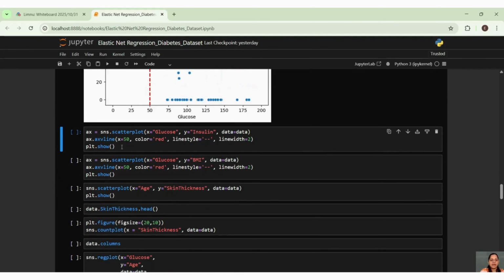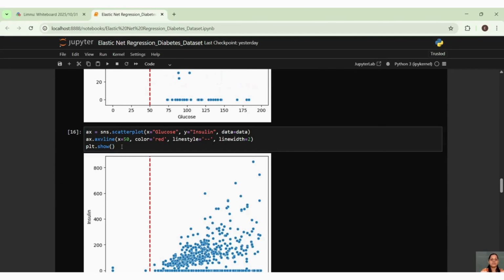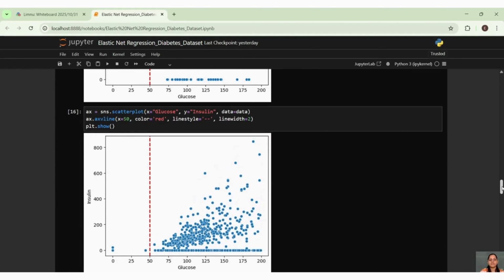Then I am understanding between glucose and insulin, and these are twins, glucose and insulin. Wherever glucose is present, there is a need of taking insulin, and I can see that it's totally aligned on the glucose side. You can see the insulin part totally aligned on the glucose side. It's completely towards the glucose side.